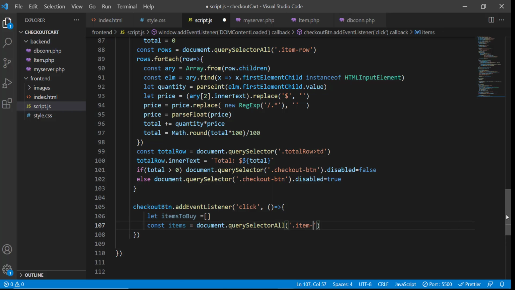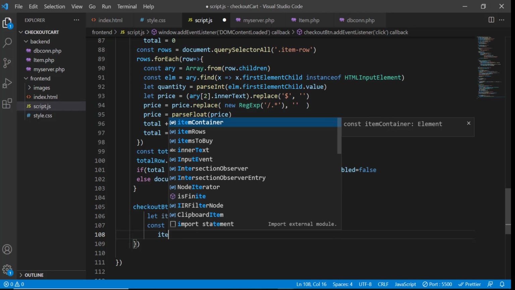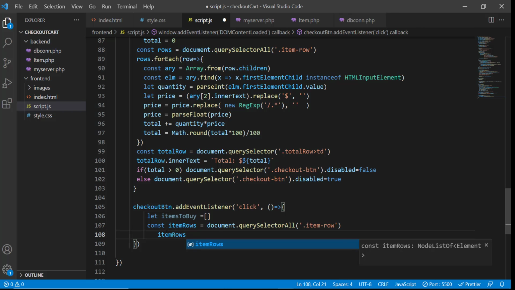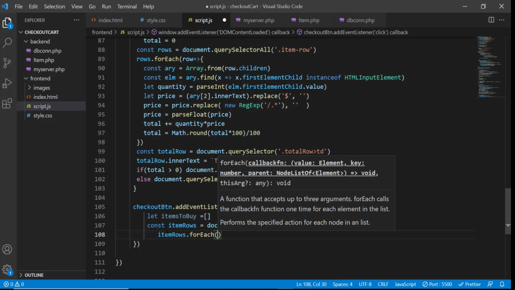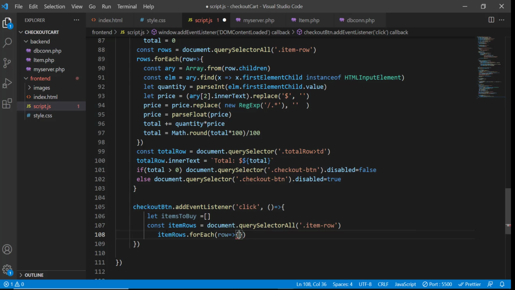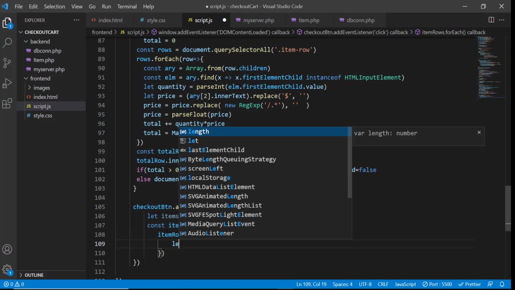Each row is given a class named item row. So this item contains now all the rows, that is TRs. Let's change this name to item rows. Now this item rows contains all the rows. Now let's go through those rows one by one. So item rows for each row, let's create an object,